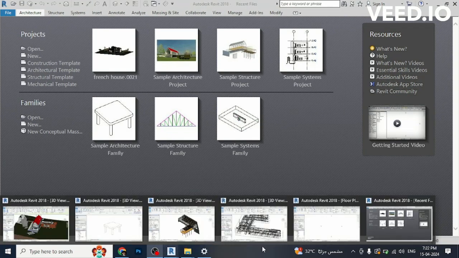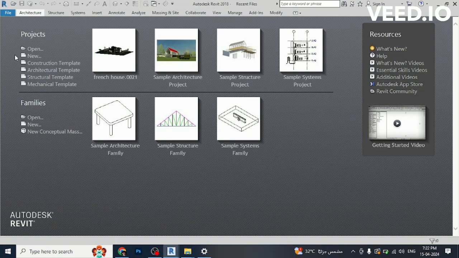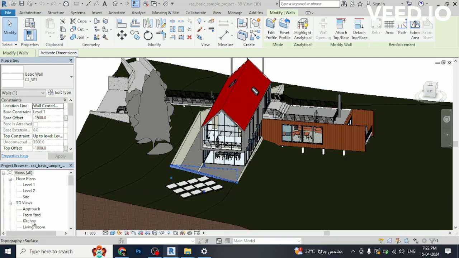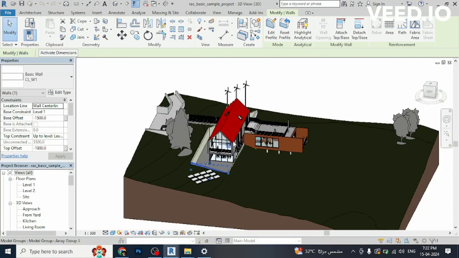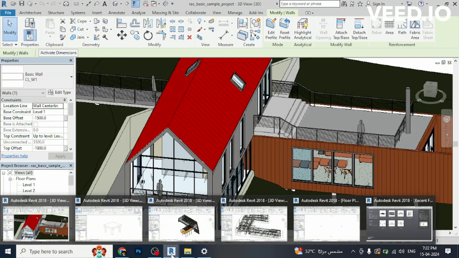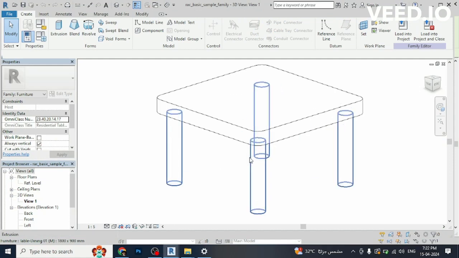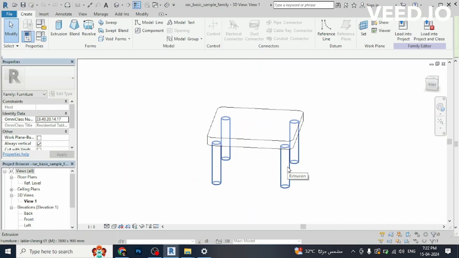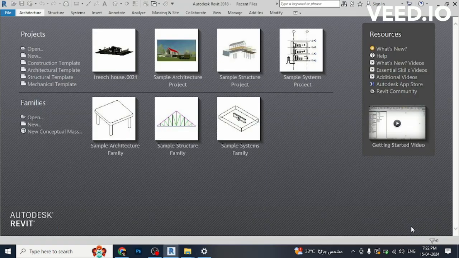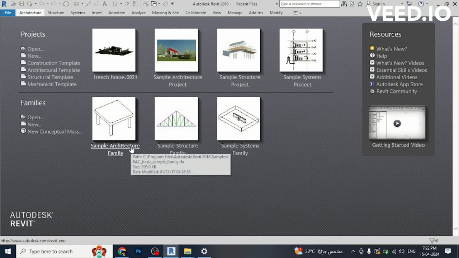While opening Revit, its home page shows you several options for starting a new project and opening an existing one. It also has two main categories, which are projects and families. Basically, a project is a whole architectural project made by putting several components together, while a Revit family is a single composition that can be used in single or multiple Revit projects. You can create your own family as well by using family templates, which we will discuss in detail